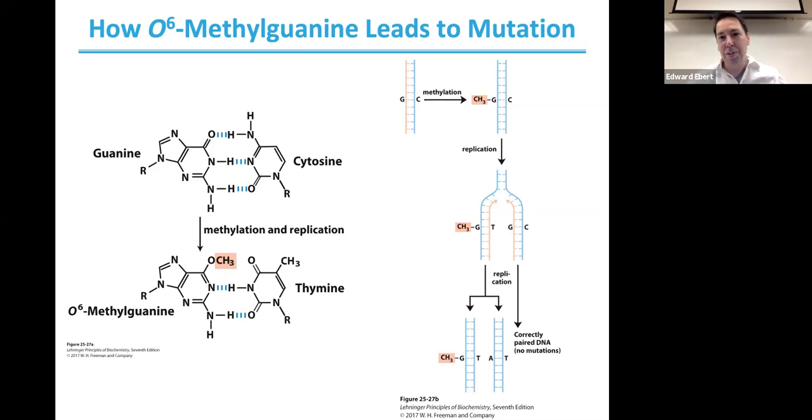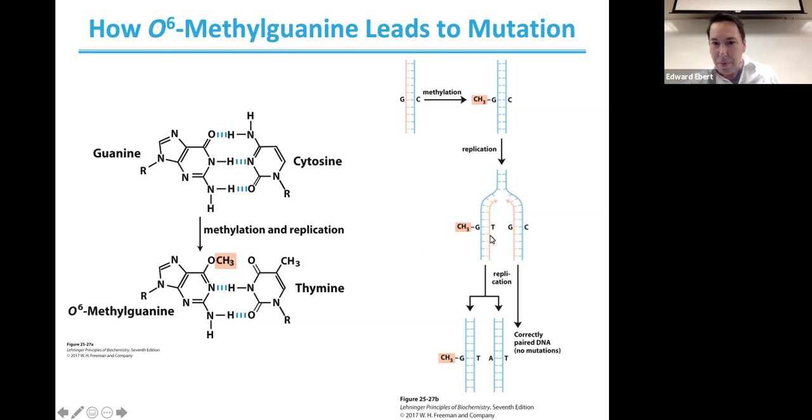What we end up seeing is that our guanine here can become methylated, giving us methylguanine, and that methylguanine will actually end up base pairing with thymine. So instead of making our GC base pair, it ends up making a GT base pair. I guess that methyl group is effectively blocking the cytosine from being in the right space, but thymine is the right size, and it can base pair with the two amine groups. And of course, there's nothing to base pair over here with the methyl group because they're non-labile